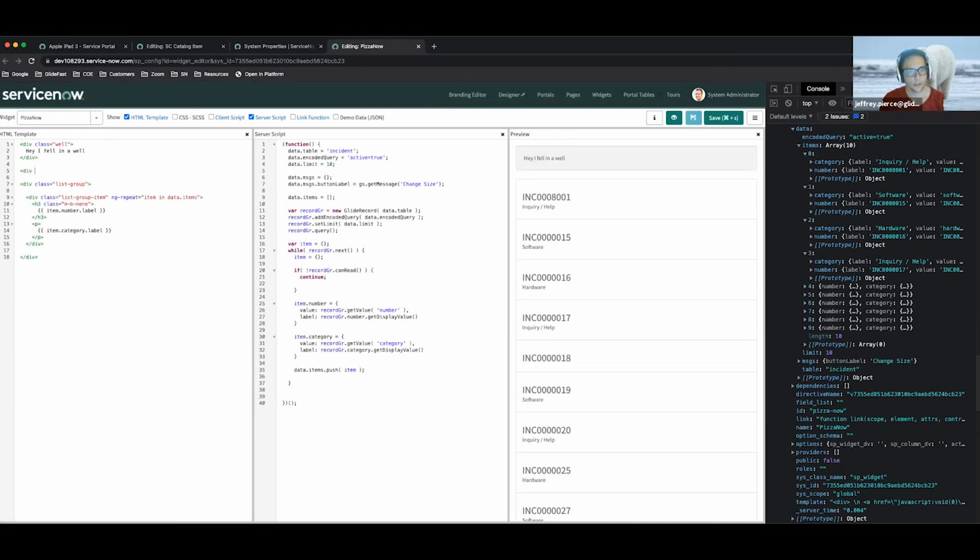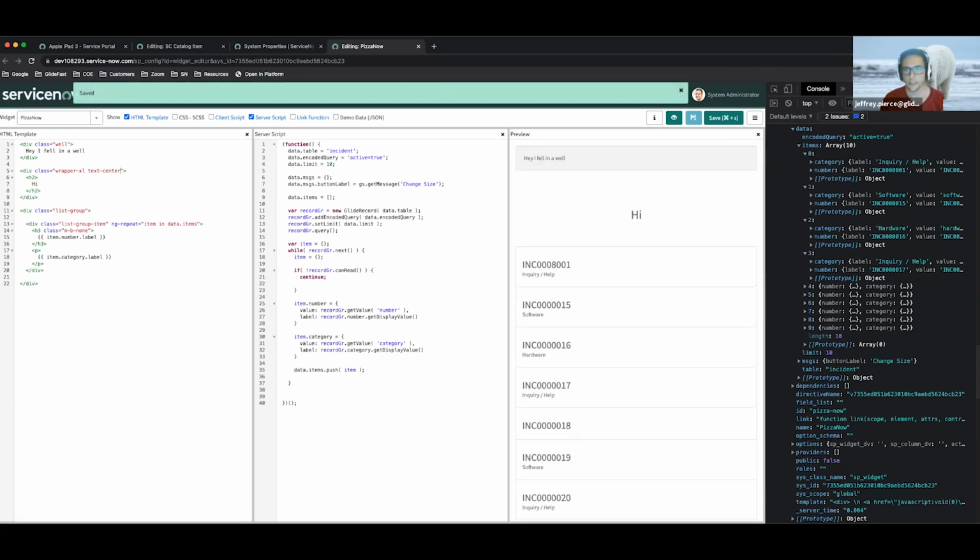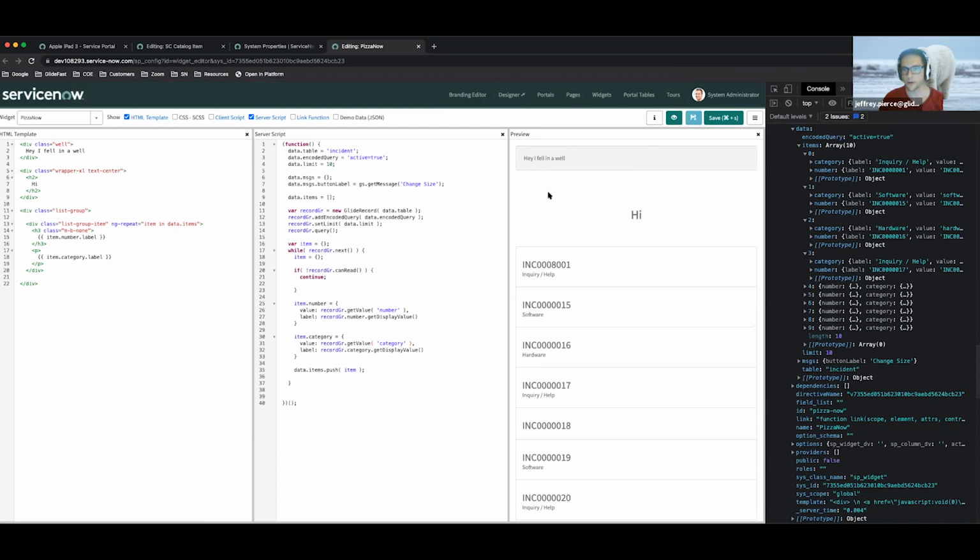A couple of my other favorite ones. Anything that you want to add a lot of padding around, use the wrappers. So wrapper Excel, and say I want to center it also. Text center. See, so there's a lot that I can do to create nice looking templates without writing a lick of CSS, right? And also, like I said, changing the colors of these can be done with